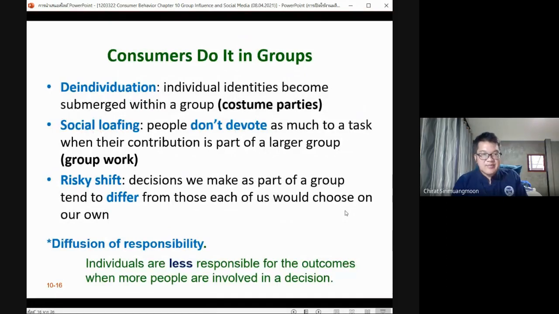So next one, consumers do it in groups. Normally we have an individual identity. We have our own identity, but in some situations when you want to do something together, like at a Halloween party, what are you going to do? You're going to remove your identity for a while, just temporarily. That situation we call de-individuation. De means remove. So you remove your identity for a short time,